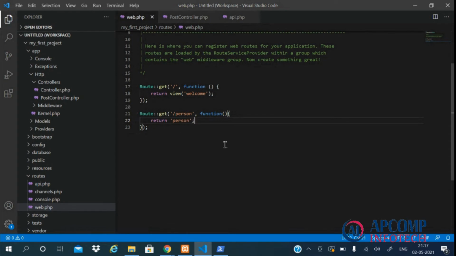So if we want to pass some parameters to this route, we will be passing the parameters within curly braces. Let's name our first parameter as name, and this parameter will be found in our callback function like this. And now we can use this parameter here in our function. Person name is name. Let's execute this.